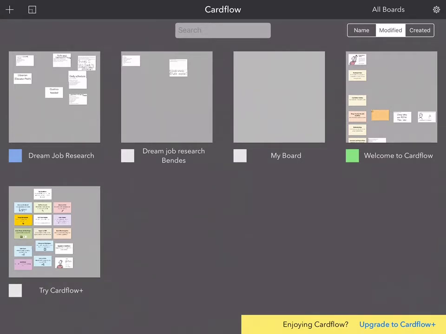On here, you're going to notice where it says Welcome to Cardflow. And that is something that you could spend your own time on, looking at and seeing the different features that exist within Cardflow. But today I'm going to show you how we are going to set up our Cardflow for our dream job